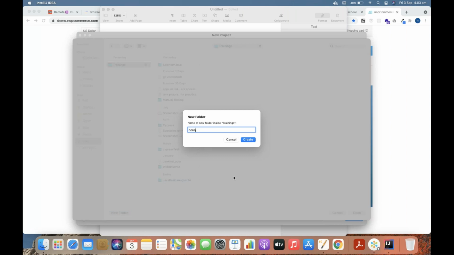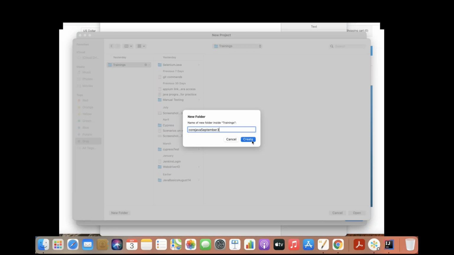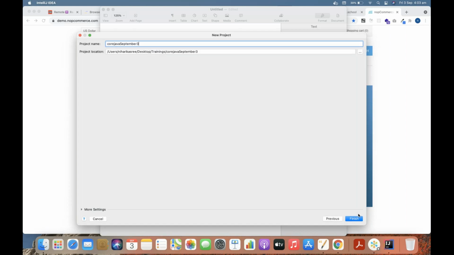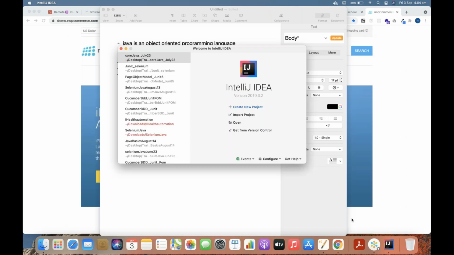My project name will be for Java and today's date. This is the folder name I'm giving to create a new Java project. Just choose the newly created folder and click on open. The path will get updated here. Then click on finish. It will create a new Java project for you.